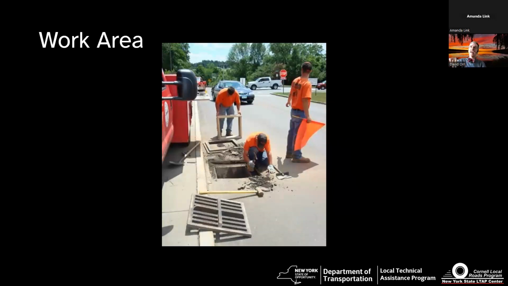We really want to mark that off. We want to let people know, do not bring your vehicle into here, okay? And again, if you're flagging this with one flagger, the flagger actually should be on the other side of the roadway. And in this case, the traffic volume is too great, but really, you want to think about a good work zone. It's properly delineated with cones and barrels so people know: drivers, work, pedestrians and bicycles, things like that.